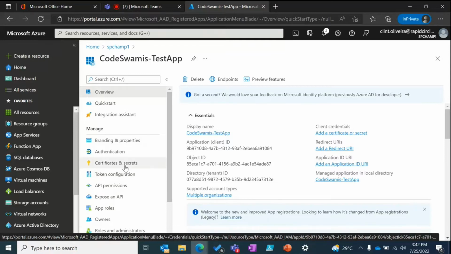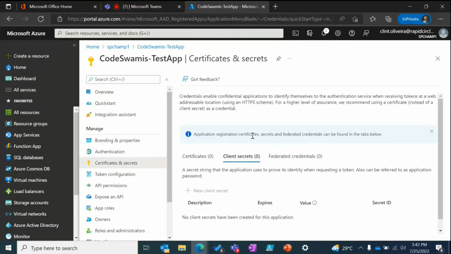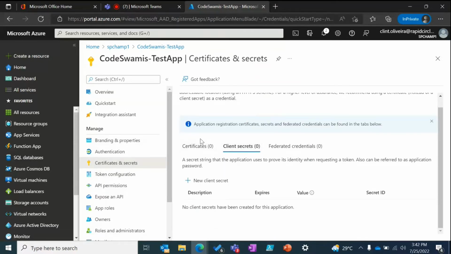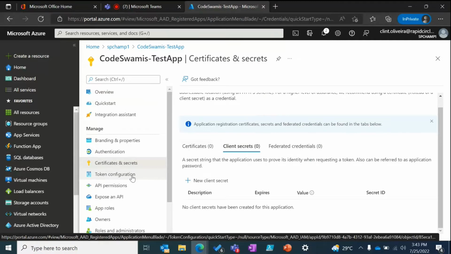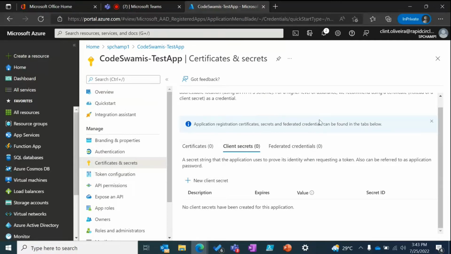Now, if you want to log in, you need to generate one of these secrets, right? You can either generate a certificate or you can have your client secrets. So this would be like your password. When you create a user account, Microsoft makes sure that you actually create a password. Now, for your service principal, you would have to go here to the certificate tab and generate one of those passwords. Now, there are two types of passwords that can be generated. One is a secret, and one is a key, and this is your certificate. We'll look at creating both of